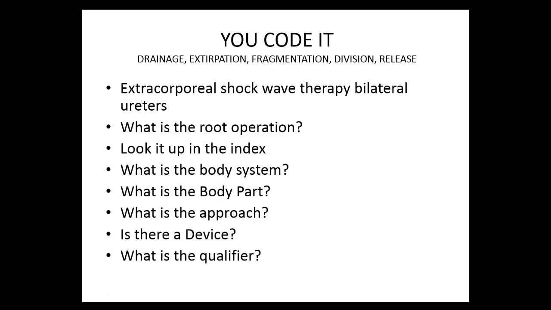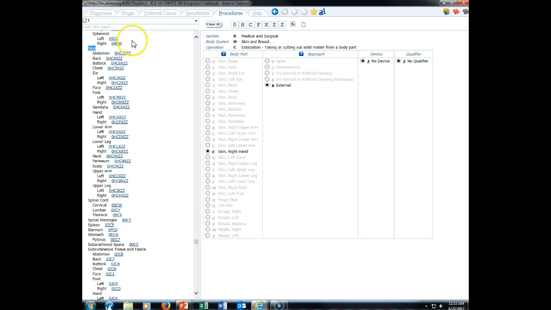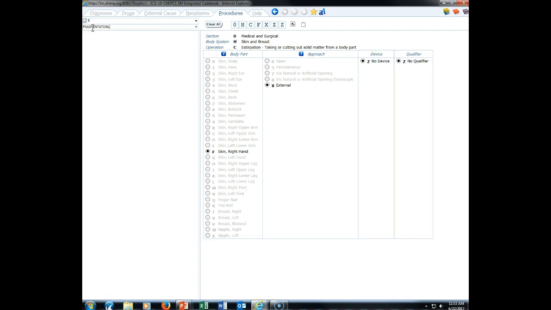Okay, so now we're doing lithotripsy of the bilateral ureters. So we know that if there's not a code for bilateral, then we're going to have to code the right and the left. And we're doing lithotripsy, and we know that this is fragmentation, and our body part is the ureters. And this approach is actually external. That's typically how lithotripsy is done. So let's go over here and look. And I'm going to put in fragmentation,